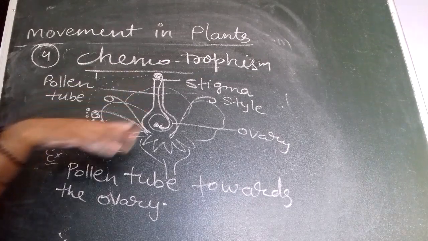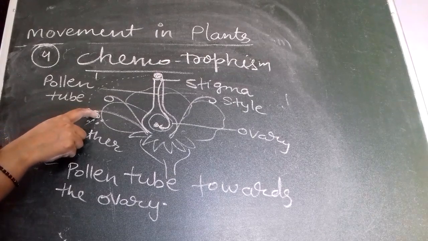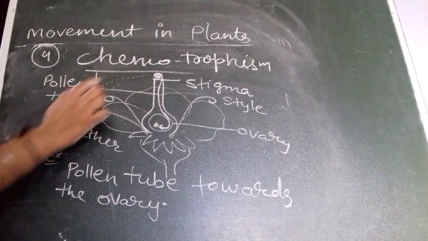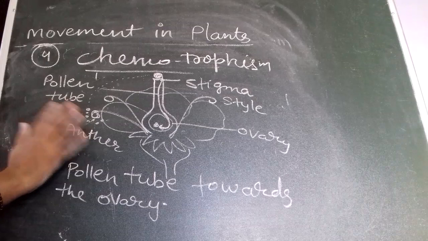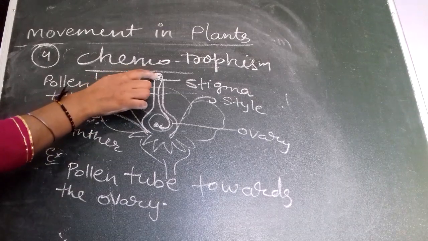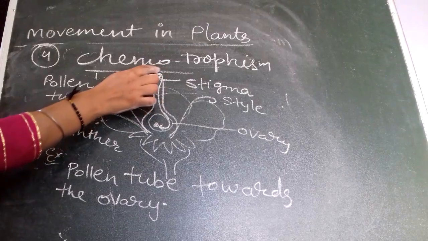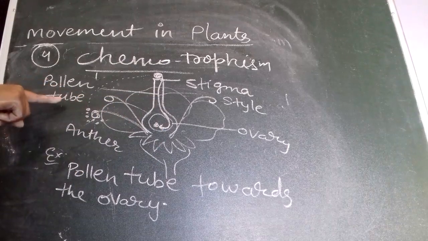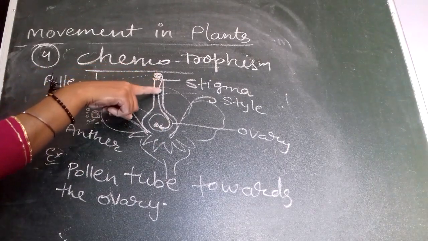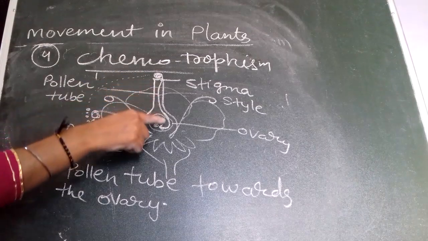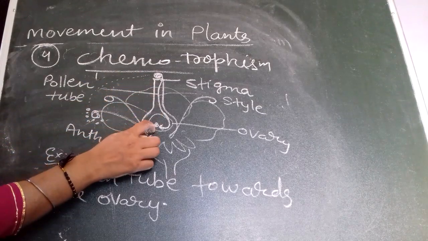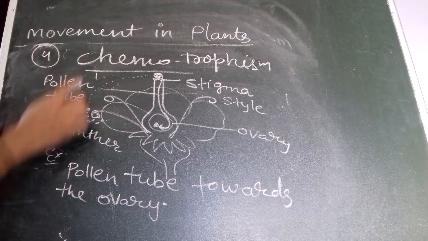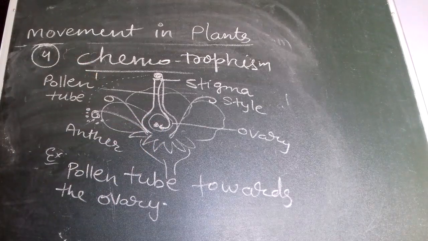It is very easy. There are pollen grains. Pollen grains are the male gamete, and the egg is the female gamete. So the pollen grain moves from the anther to the stigma for pollination. This is known as pollination. Here the pollen grain is at the stigma, and from the pollen grain a tube arises. This tube is called the pollen tube. And this pollen tube will move towards the ovary through the style. Its movement towards the ovary, because there is a chemical inside it, there is an egg inside it, is known as chemotropism or chemotrophic movement.